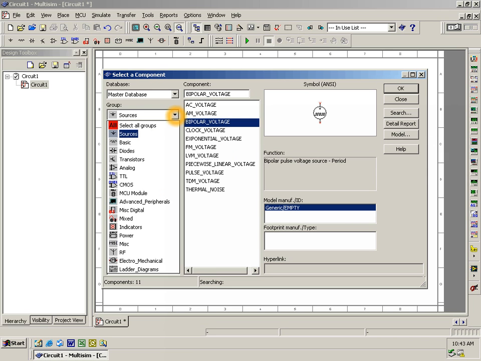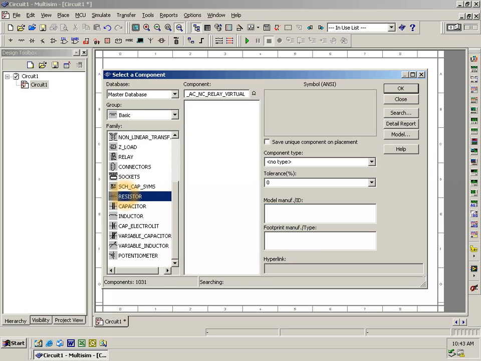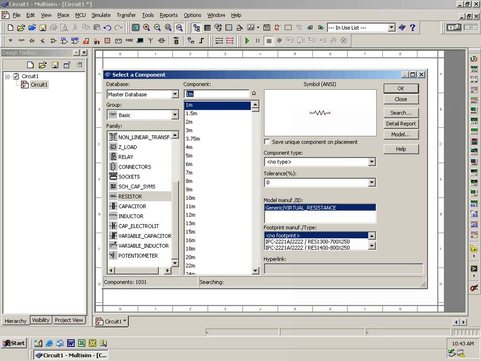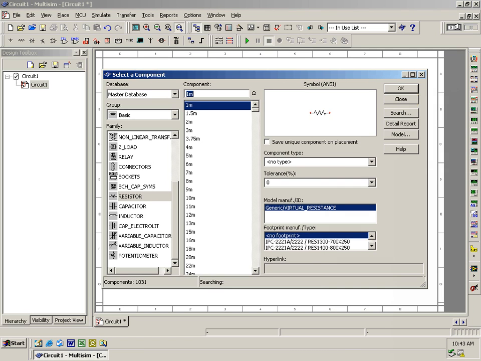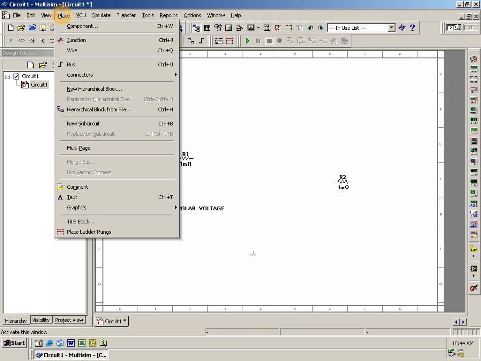I'm going to go back to basics and grab a couple resistors. These are going to be simulating this voltage source's internal resistance. The new component we're going to be introducing